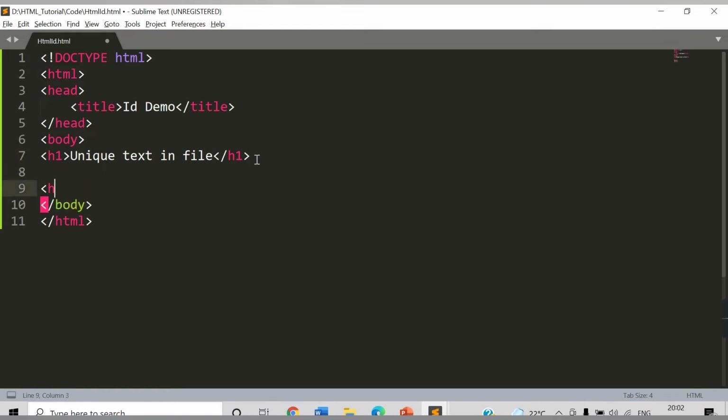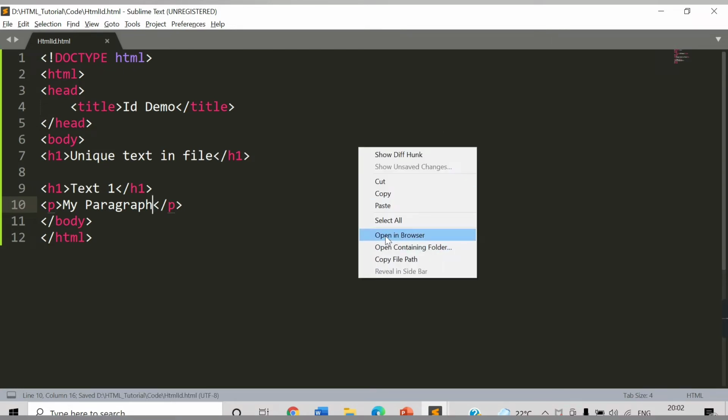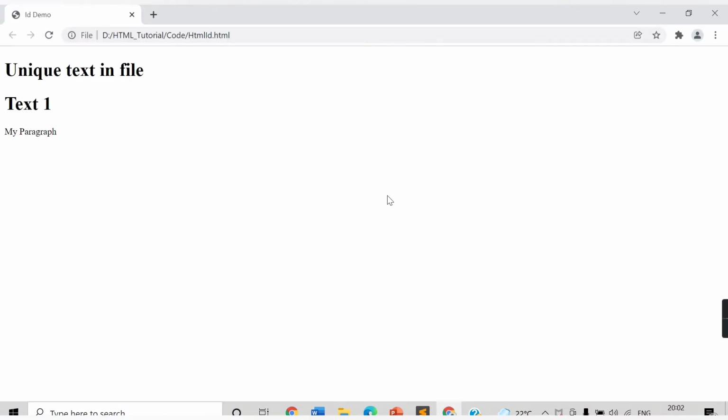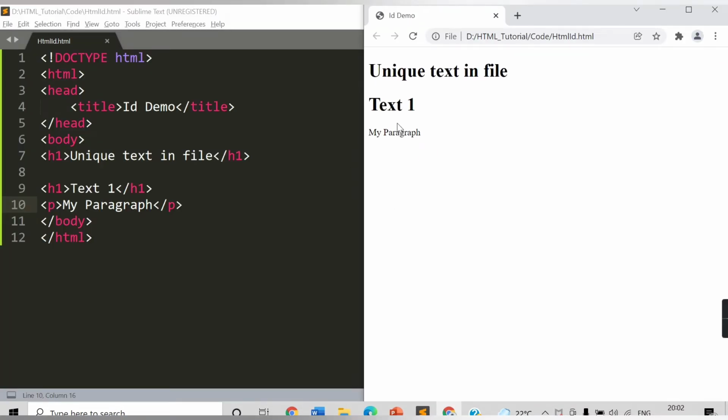Let's say an h1 tag with text1, and one paragraph tag, my paragraph. If we save it and run on browser, this is the output we are getting. This is the first heading, this is another heading, and the paragraph.